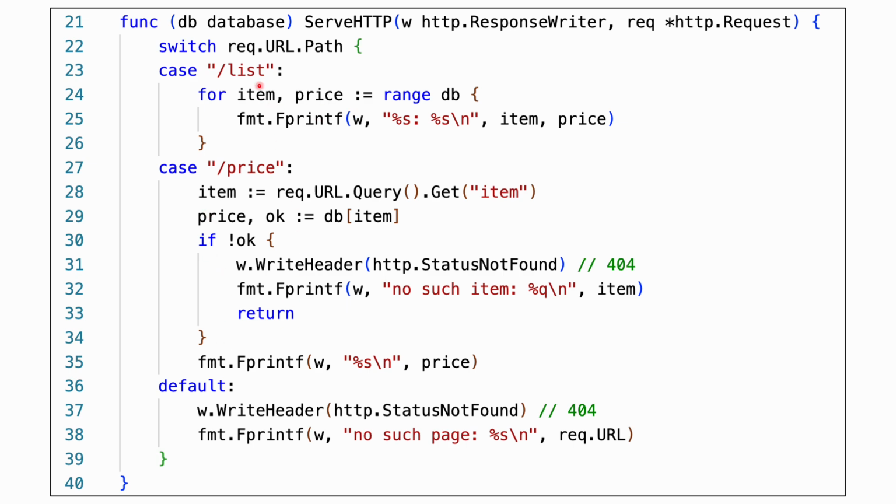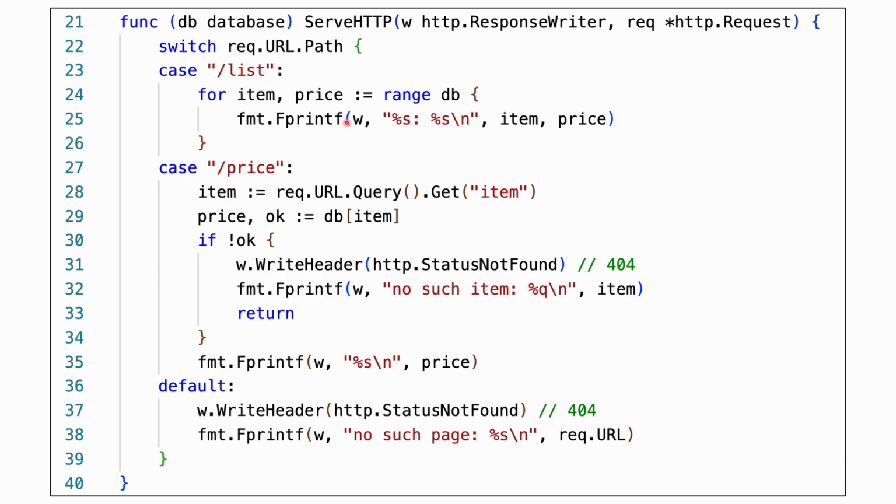If the given path is /list, then it prints out the description and price of every item in the database to the given response writer. This is done by the range-based for loop as in the body of method serve HTTP in the